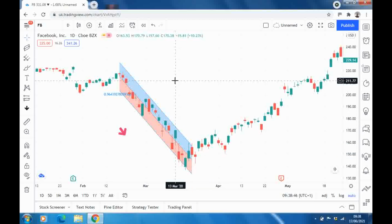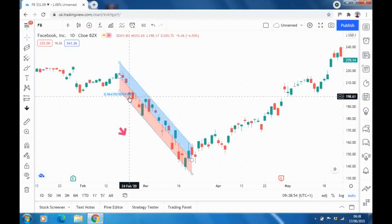So when looking straight away at a stock, if it was Facebook for example and we're at this point, would we be looking to buy, say, here? No, we wouldn't, because we would look at the chart, have a look at the basics of where the stock is going at the moment, and at that period of time it was on a clear downward trend. So we would probably wait for signals of an upward trend. So we would get down here,